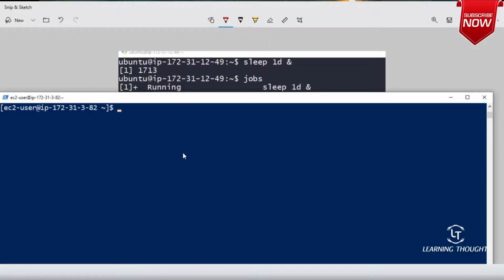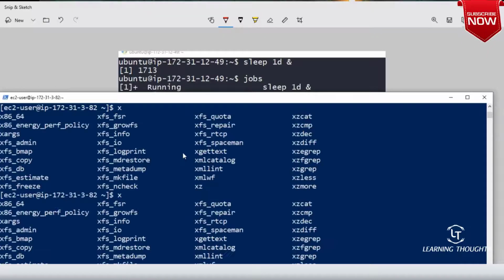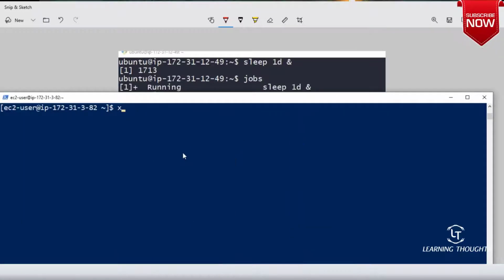Let me do this. I think I want to run some different commands over here. Let me see if there is any X program. I want time-taking programs. That's the reason I'm searching for it. Let me find some command which you can place in the background.